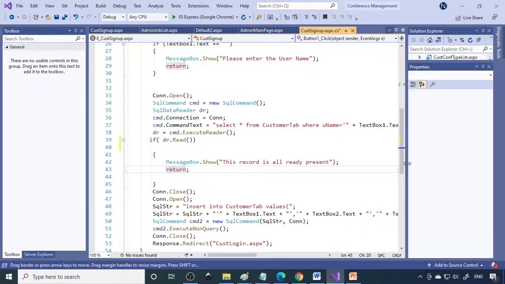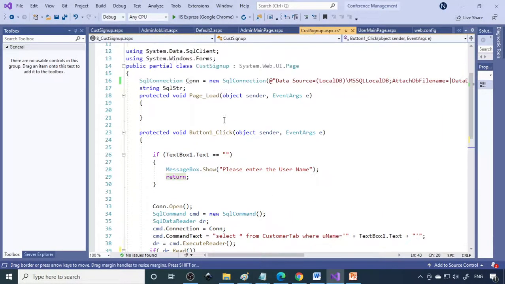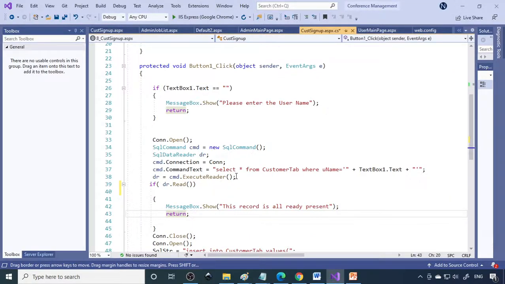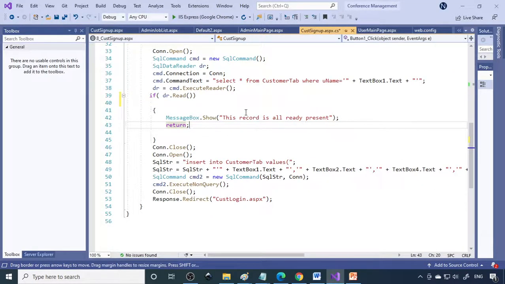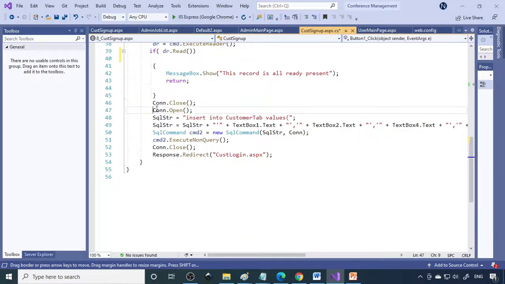If there is already a record, then you don't need to save this. So here is a customer. If the customer is already present, we can say this record is already present. Otherwise, we need to insert here. We have separate videos on how to write this code, which is all explained there. So please watch that. When you watch it, you will know why you have to use the single quote, again single quote, double quote, comma, plus mark. All are explained, so you will understand why you have to use it this way and how to insert the data. Then you have to use response dot redirect.